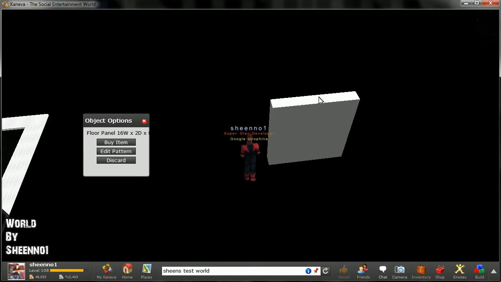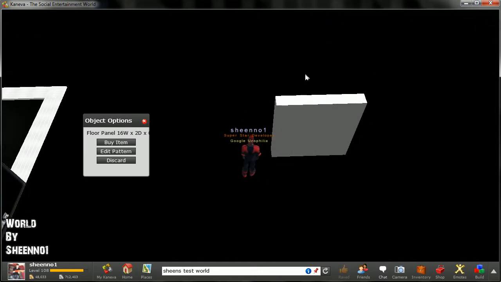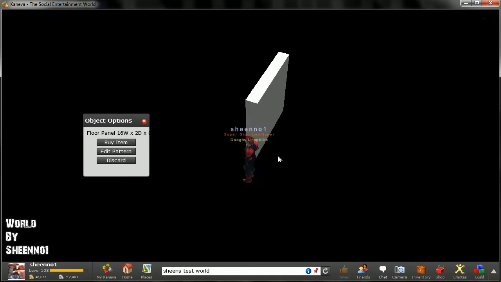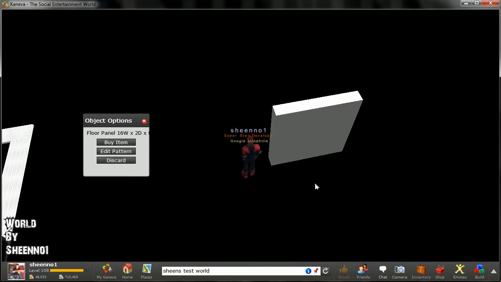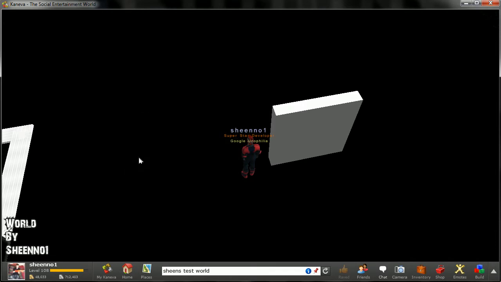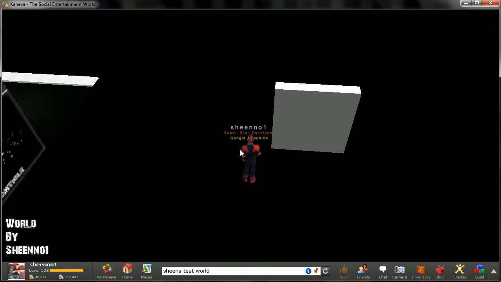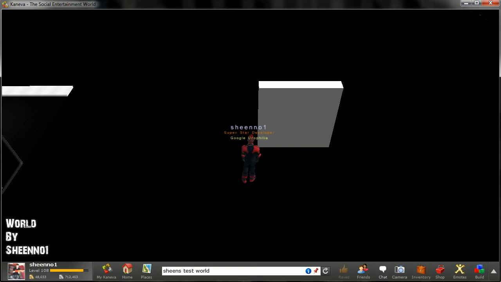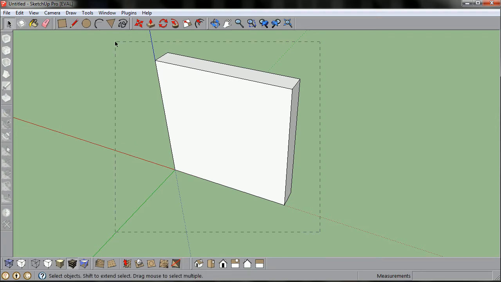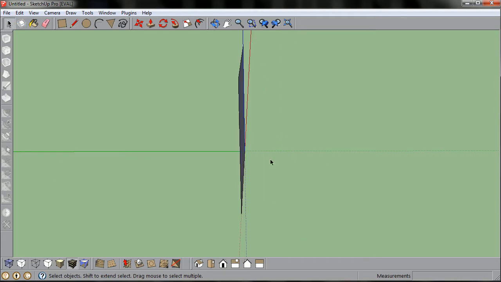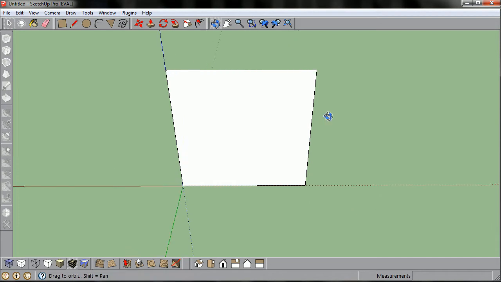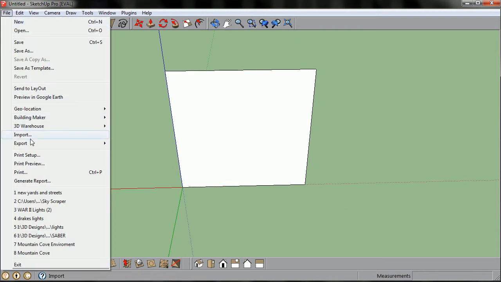So that's how turning collisions off on a 3D shape works. By default it has collisions, as in you can run against it. By turning collisions off, you also turn the ability to click the object off. Now, that being said, if I go into SketchUp and I take away the volume, so see this area here, if I take away all the back so that it's now just a 2D shape, and I export that,